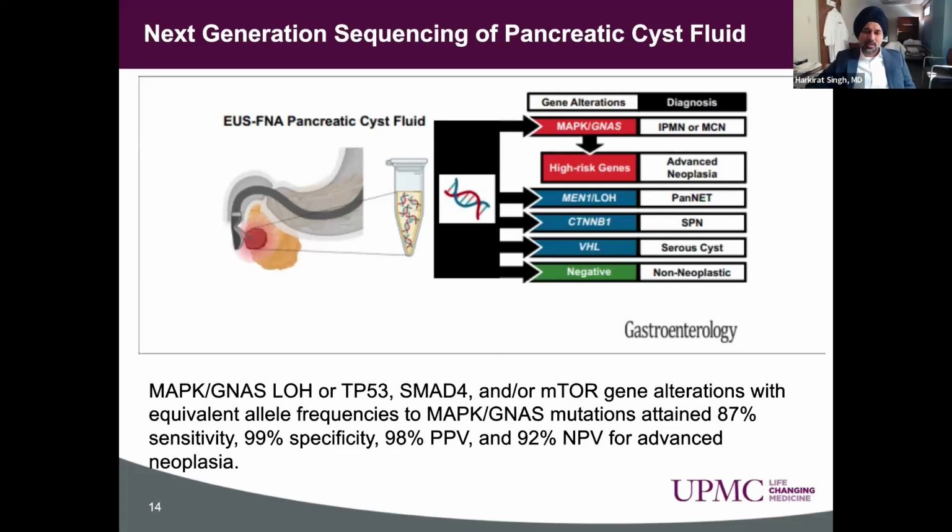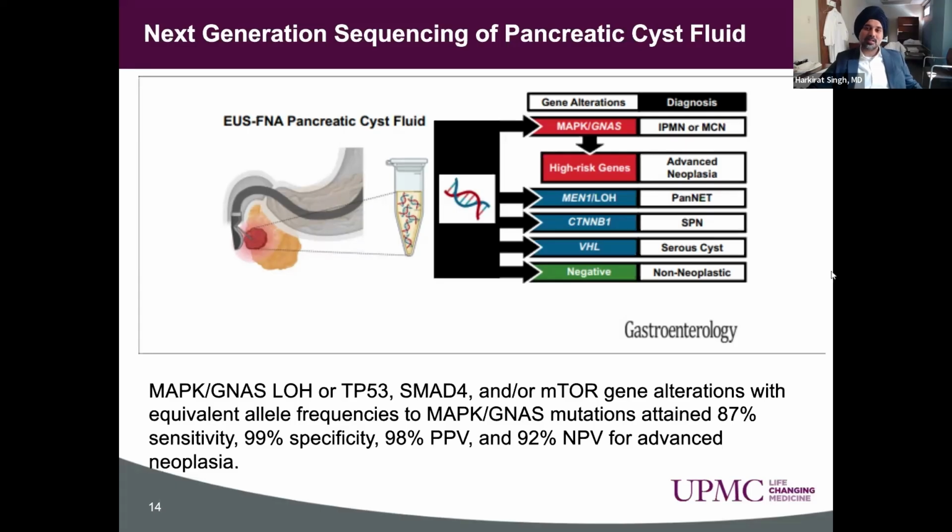I want to briefly mention additional testing. Usually the testing is based on CT scan, MRI, blood work, and sometimes we perform endoscopic ultrasound. This is a chart from a recent paper from our group. When we do endoscopic ultrasound and sample these, we don't just test for cytology, we test for some genetic changes in these cysts. And these genetic alterations tell us accurately what kind of cyst it could be. Is it an IPMN or an MCN, mucinous versus non-mucinous, or another cyst?